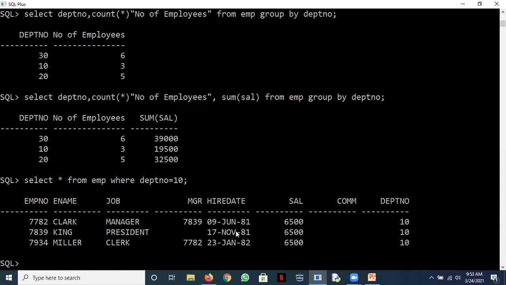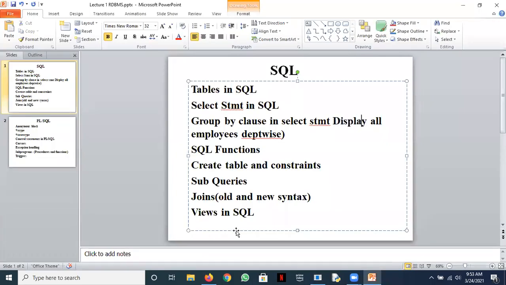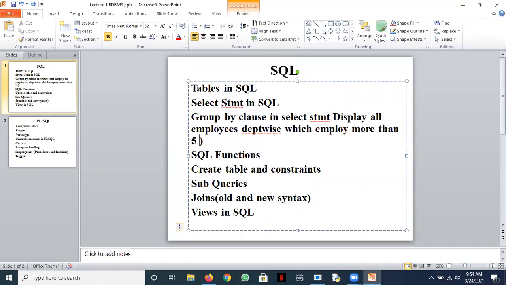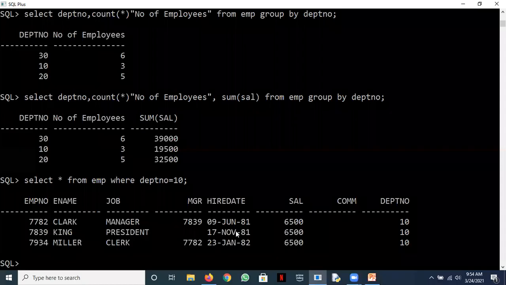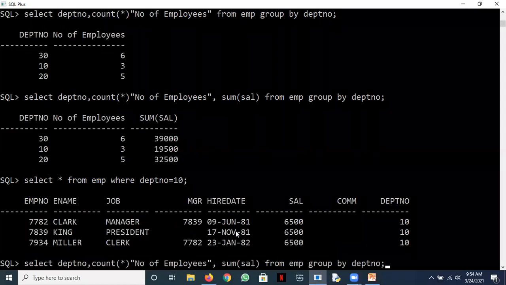Now further you could have another query. Display all employees department wise which employ more than say 5 people. Now we want the department wise list and the number of employees in that department, but I want the listing restricted to departments having more than 5 people.